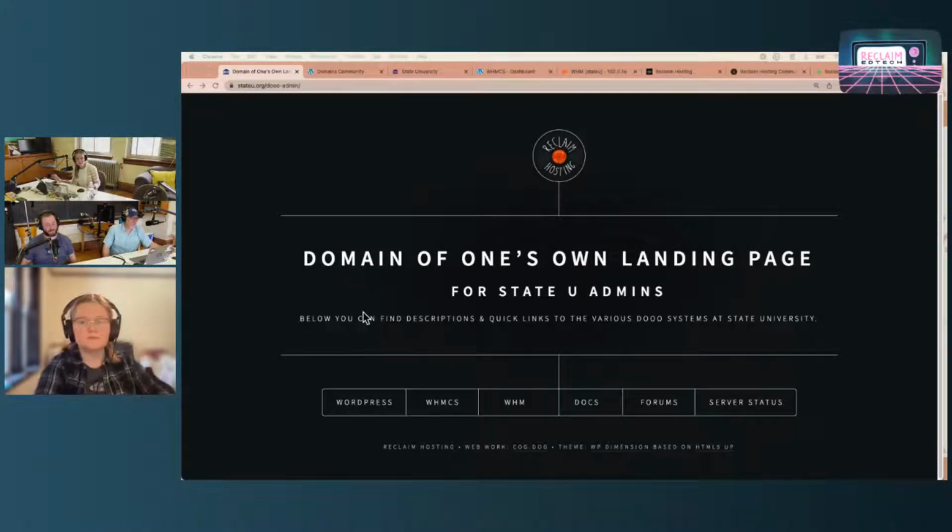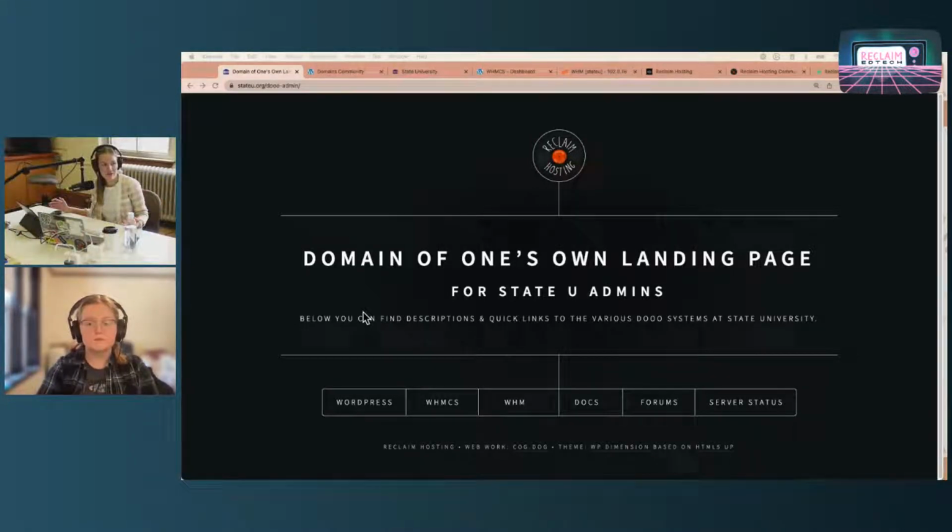So that's the first step here: understanding what these three systems are and how they work together. In this initial refresh, before we jump into deeper dives for each system, let's talk about what Domain of One's Own is made up of from a technical perspective.